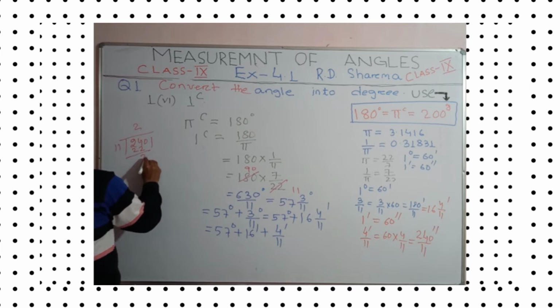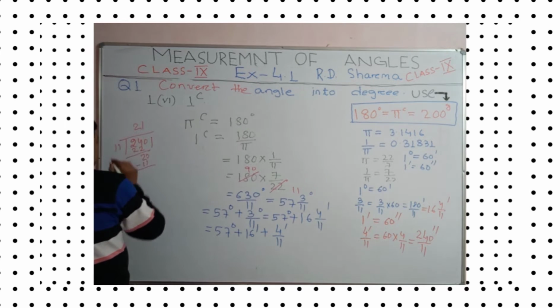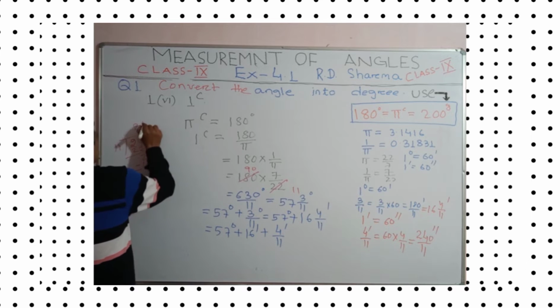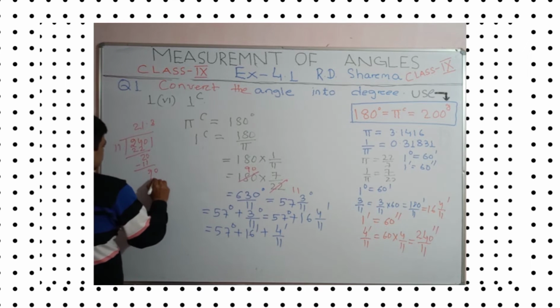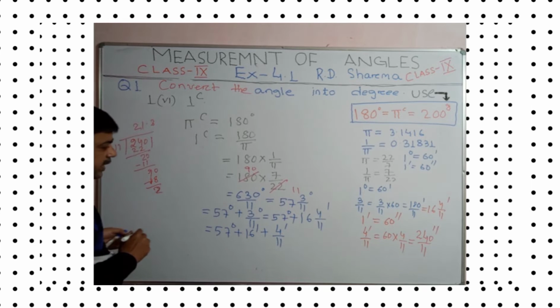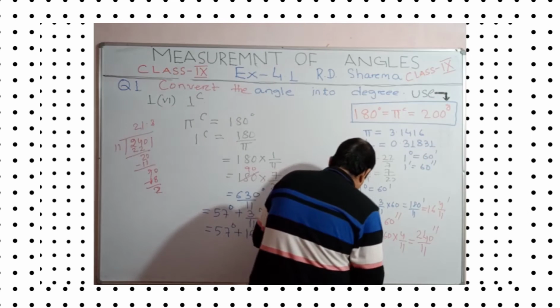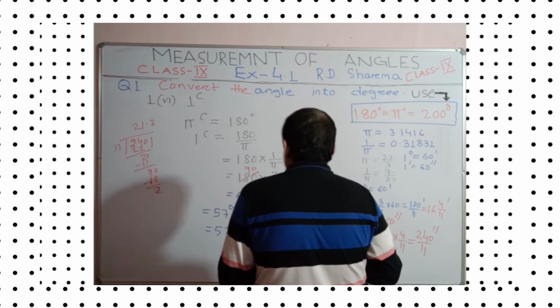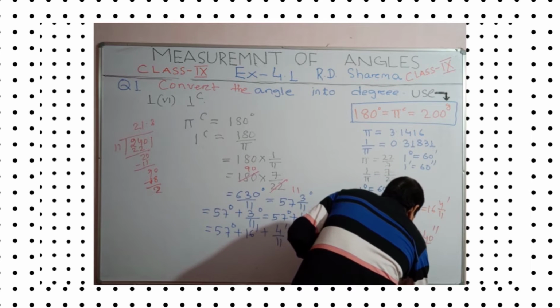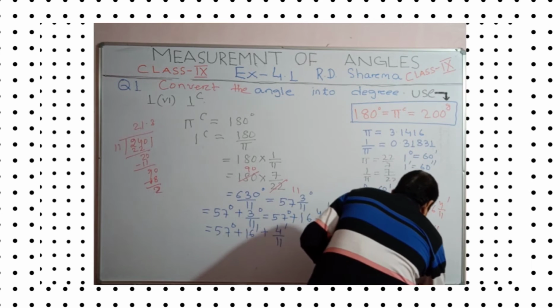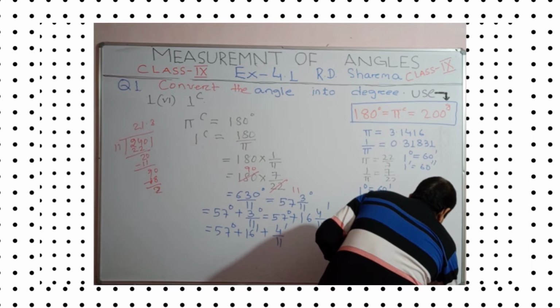And this 240 divided by 11, again 11 2 is 22, here 20, again 11 1 is 11. 10 minus 1 is 9. You can take 0, so 90, 11 8 is 88. So you can write here 21 point. This value is 21 point. Look at here, 21.8 second can be approximately equal to 22 second.